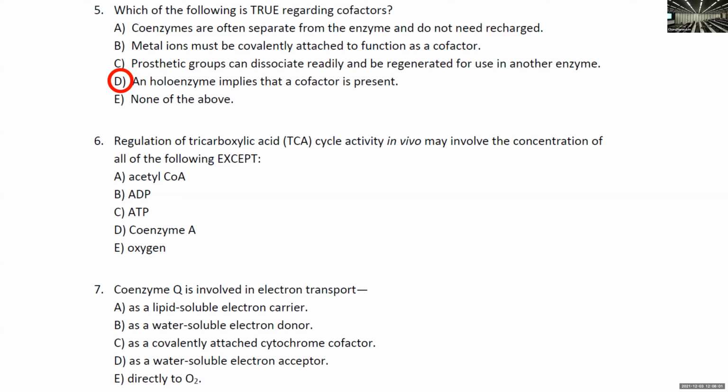Everybody's quiet, but I'm gonna just go ahead, and that's D. And again, cofactors, you should understand what they are used for and what type of cofactors exist. But it's all about supporting the enzyme to make it into the holoenzyme for their activity. And number 6,